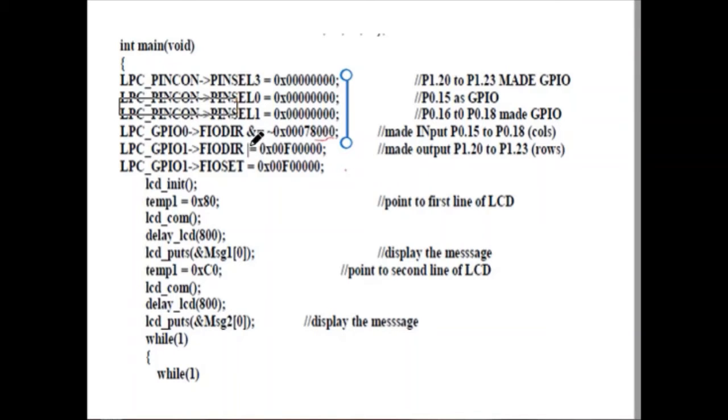As you can see, it is the direction pin. So how is FIO direction used? If you want to use them as input, you have to make the values 0. In order to avoid the confusion, we have used the negation value. If you negate this, these values will become 0.